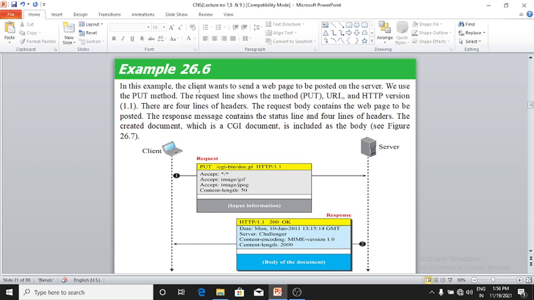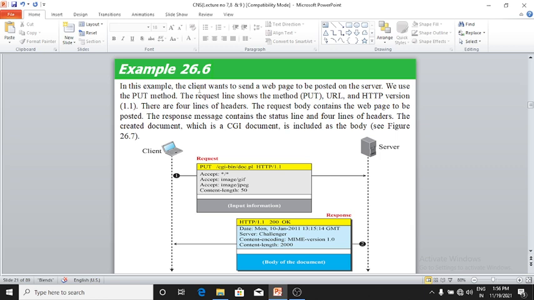Next, the example for PUT. In this example, the client wants to send a web page to be posted on the server. We use the PUT method. The request line shows the method PUT, URL, and HTTP version. There are 4 lines of header. The request body contains the web page to be posted. The response message contains the status line and 4 lines of header. The created document, which is a CGI document, is included as the body.